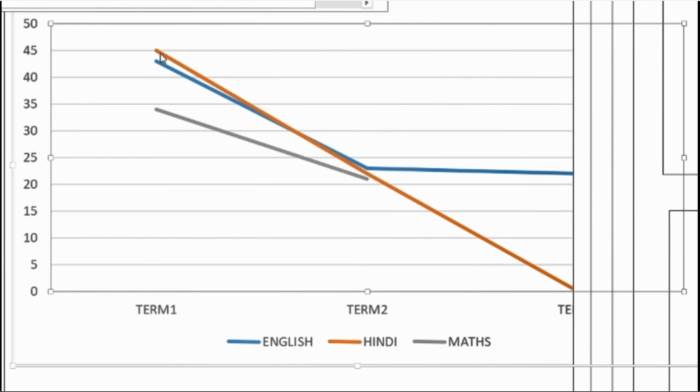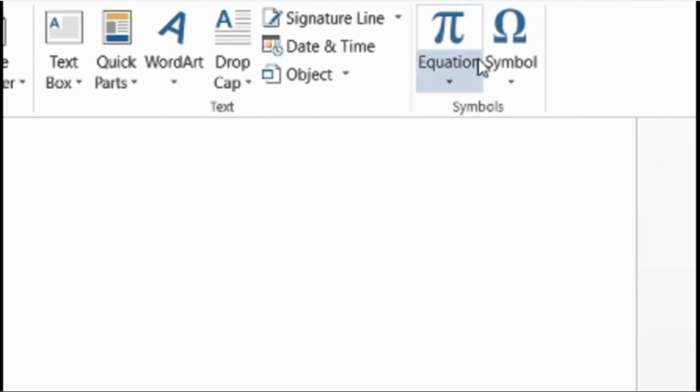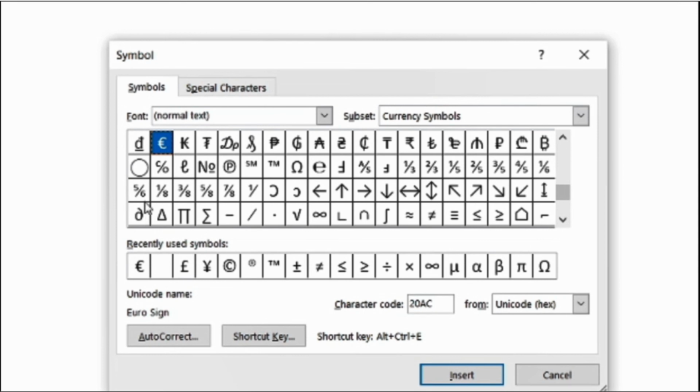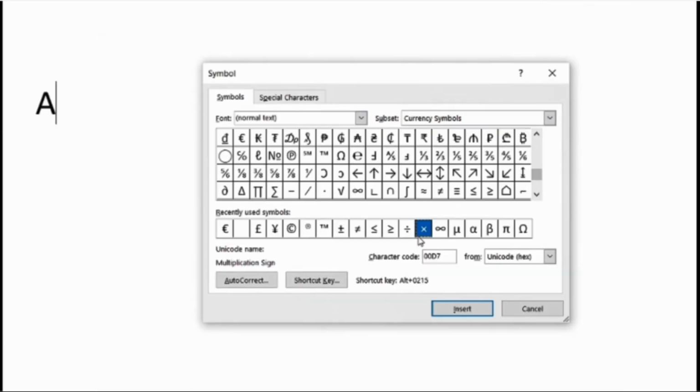This was inserting charts. Now one more topic is left, that is inserting symbols. So for this, if I want to write any equation, you will click on insert and the last option is the symbols group. From there you click on equation or symbol. Now I want to add a symbol. So whatever symbol you want, you take it. You have more symbols. See, so many symbols are available to you. You select whichever symbol you want of your choice, click on insert. That symbol will be displayed